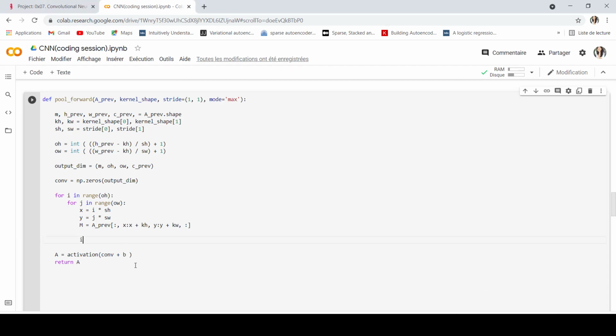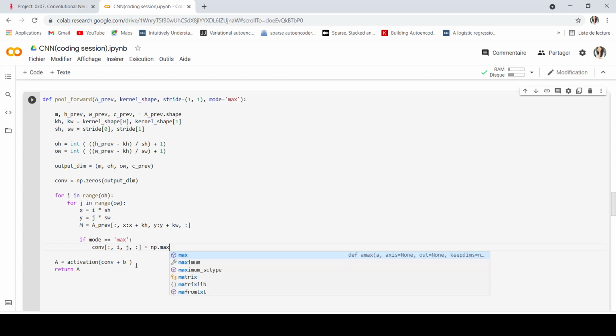Let's start with the max. If mode equals max, the convolution of all the images at position i, position j, and all the channels is going to be np.max.